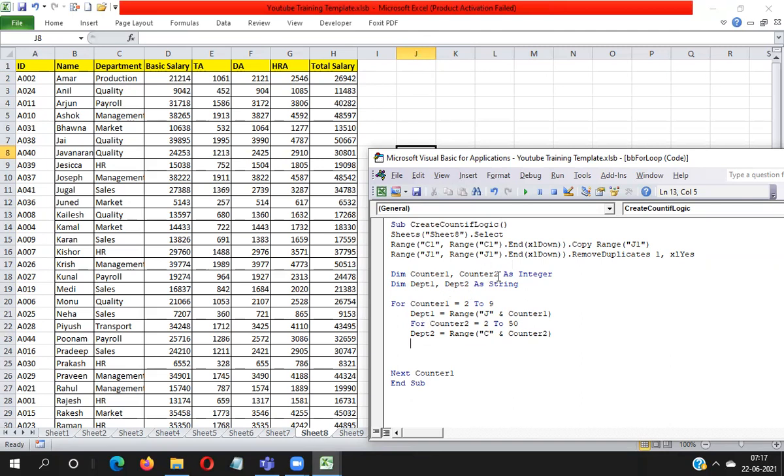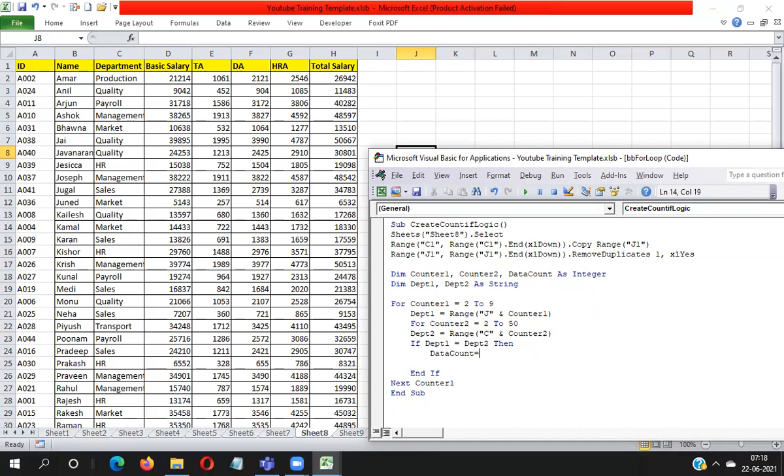So I have to take another variable, data count. I write: if depth1 equal to depth2, then, and if depth1 and depth2 values match, I need to increase the data count variable.